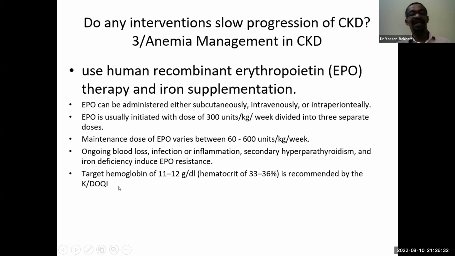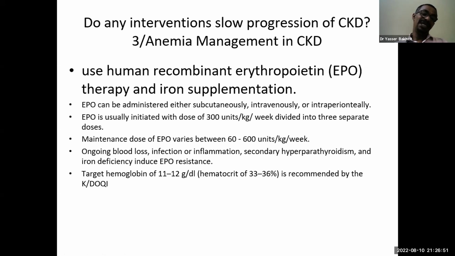The target hemoglobin is 11 to 12 gram per deciliter. Hematocrit between 33 to 36%. This is recommended by the KDIGO. When we use the iron therapy,